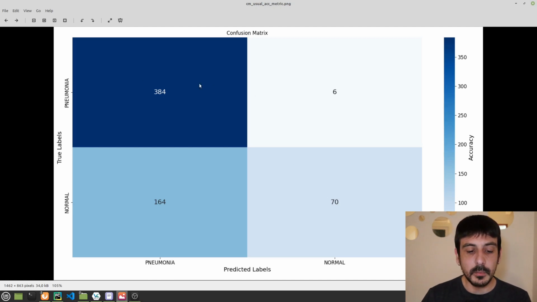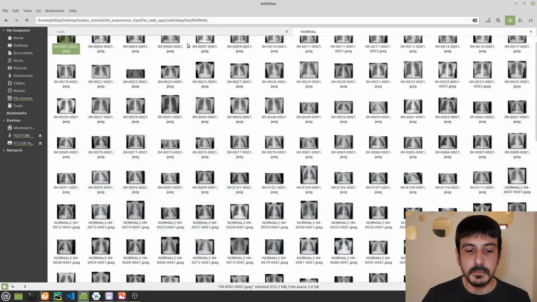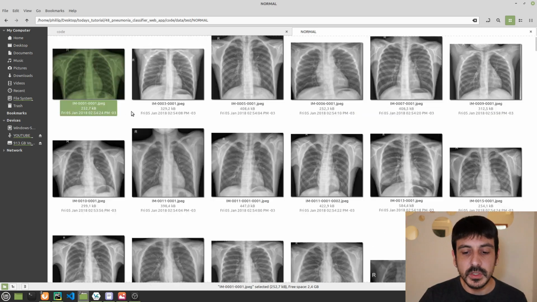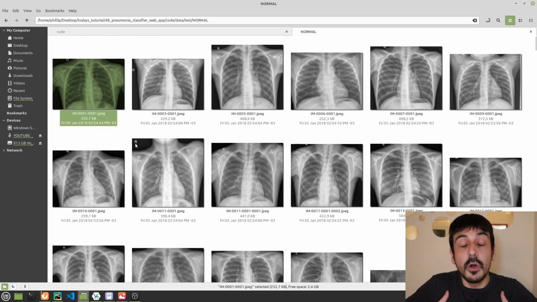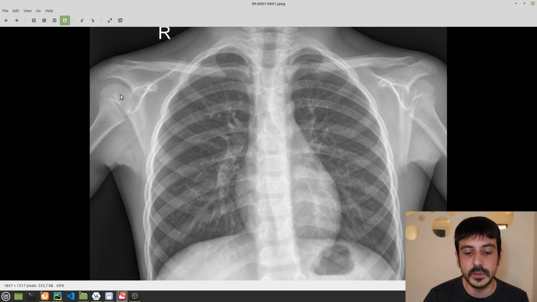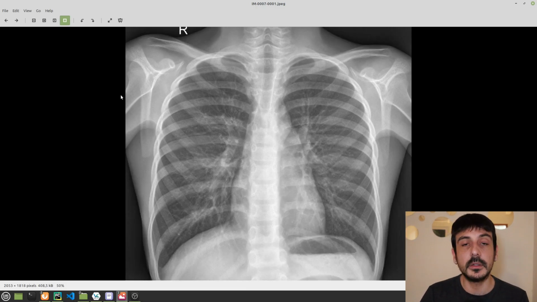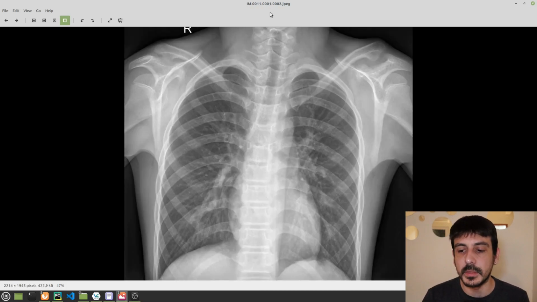Remember that we are predicting images which are chest X-rays, and as I mentioned when I was starting this tutorial, when I look at these images, they all look pretty much the same because I have absolutely no medical background whatsoever. So it's very challenging for me to know what's going on with this data. Maybe if I had some medical training, it would be a little more clear for me.